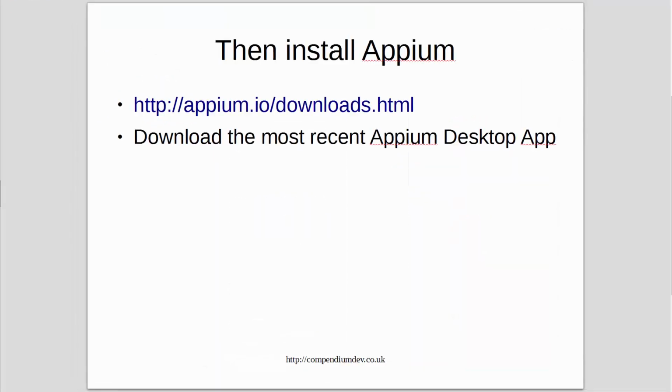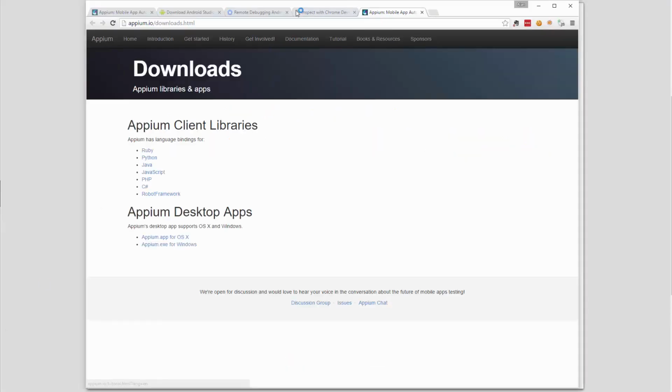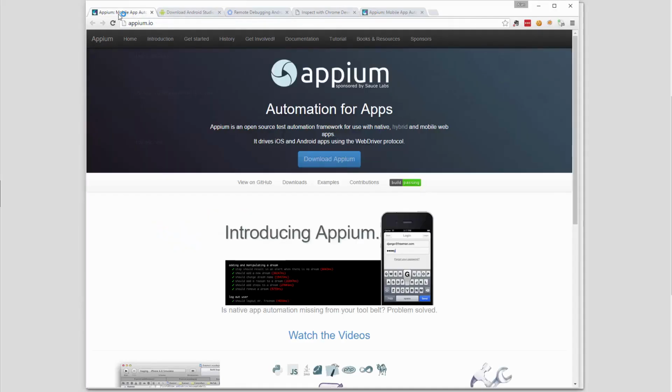Now, if all that works, then we install Appium. So head off back to the Appium site. Now you'll see that on Appium, there's the big download Appium. What I've found is that this points to an older version of the app. At this current time that I'm doing it, it's pointing to